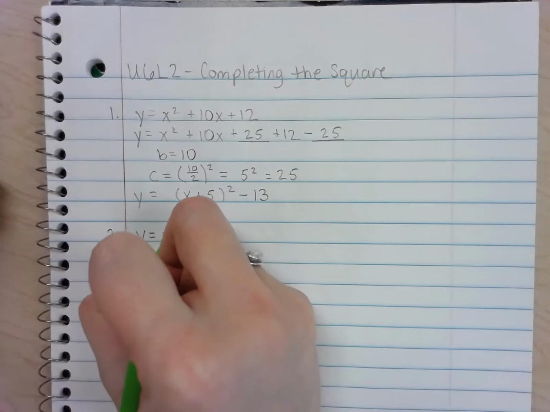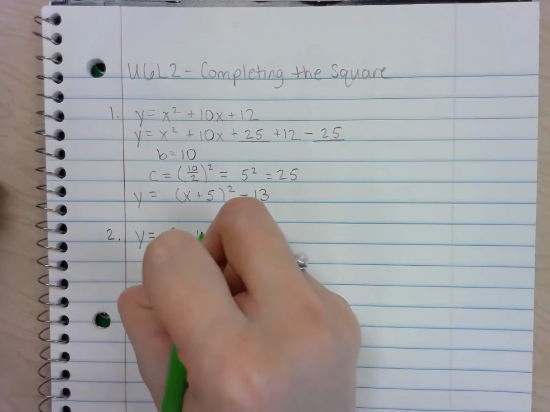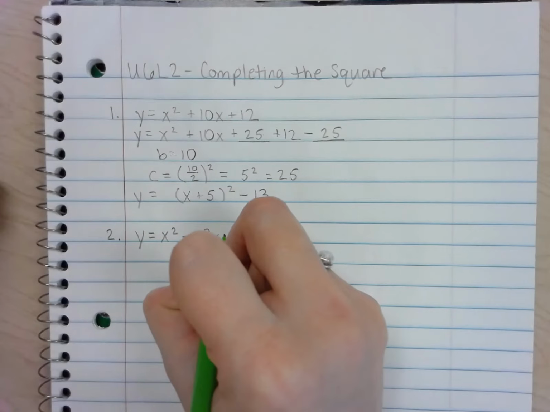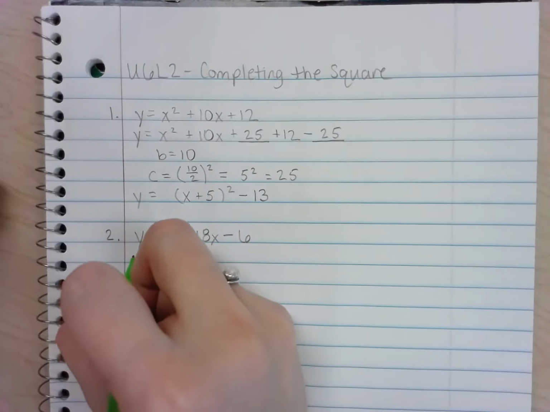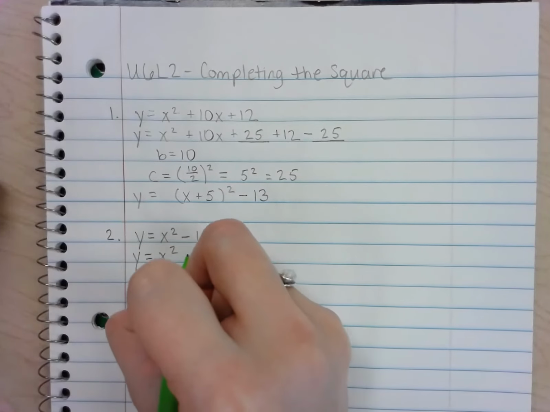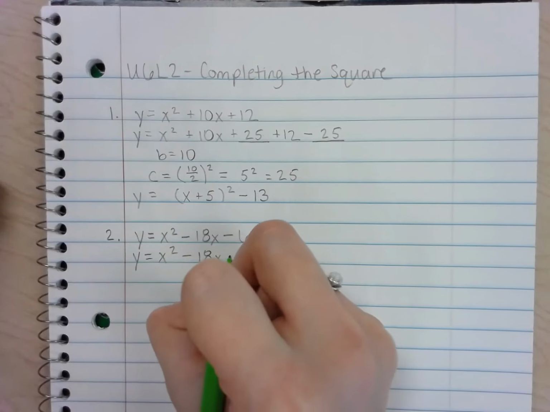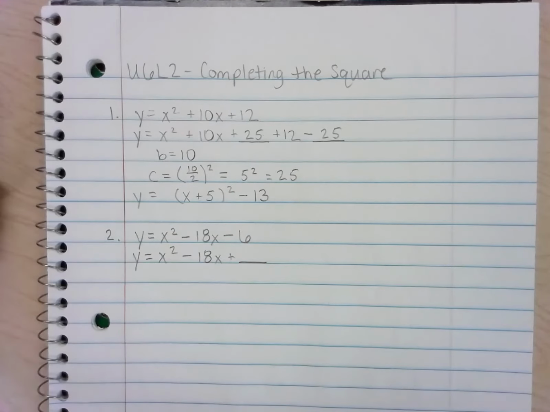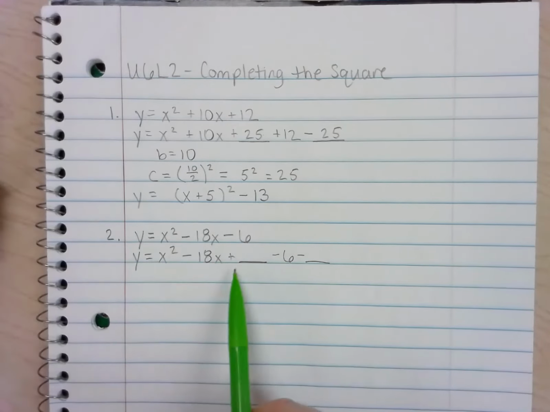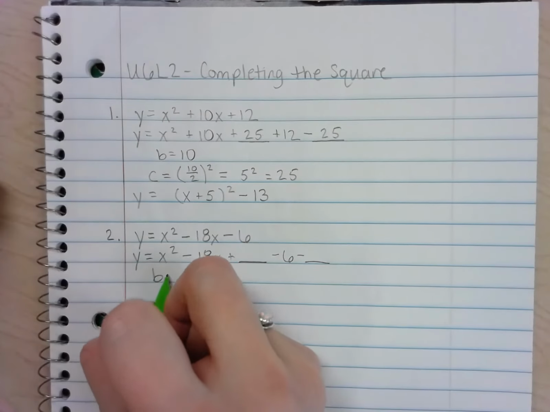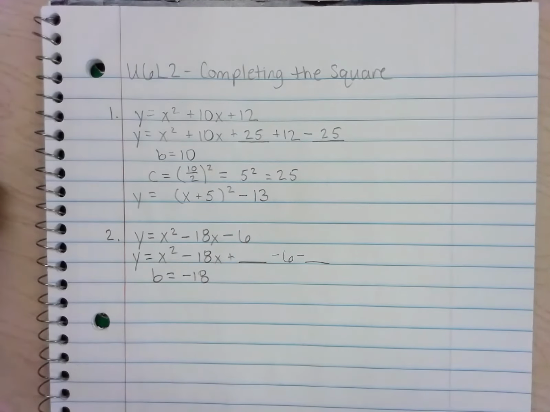We have y equals x squared minus 18x minus 6. So rewrite with plus and minus blanks in the problem. Your plus blank will go after your first two terms to make the new perfect square trinomial, and then bring down your minus 6 and we'll go minus blank, because remember, whatever you add has to be subtracted to keep it equal and balanced. Find your b value, so b in this problem is negative 18,